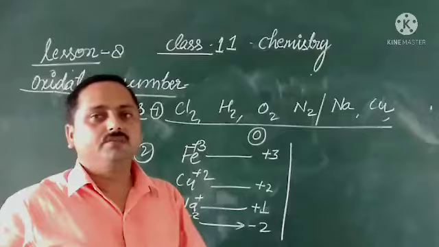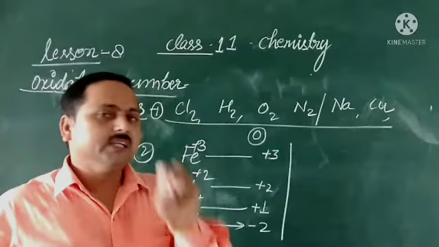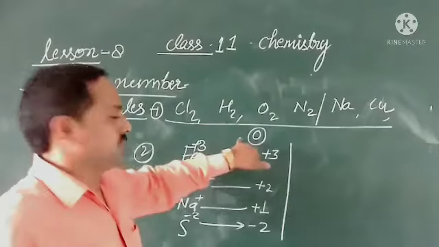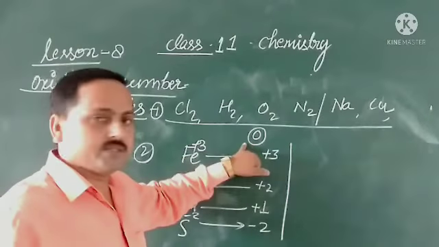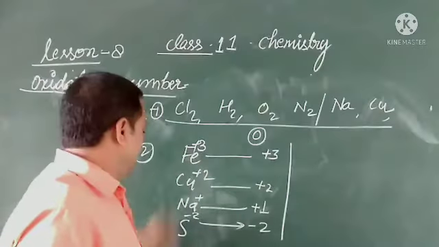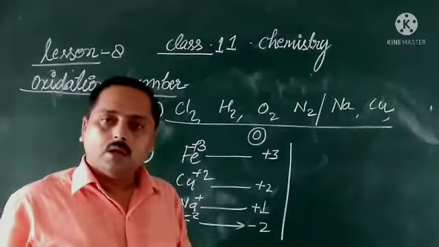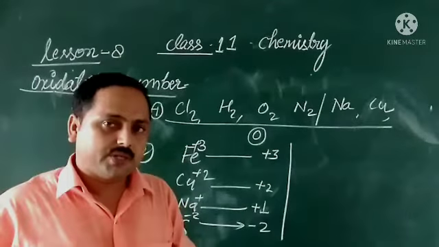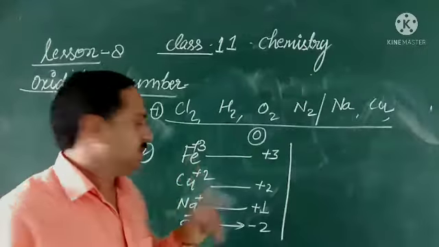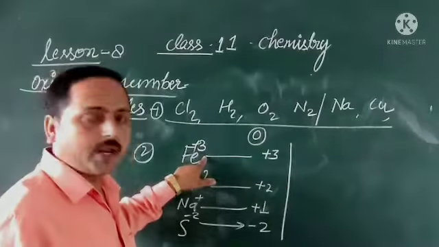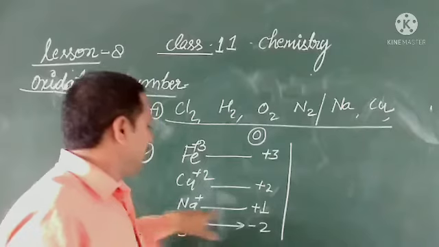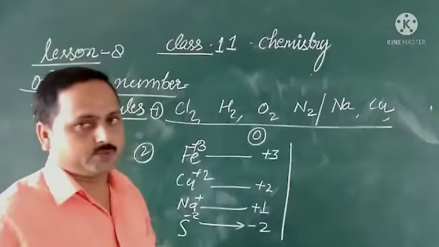Elements or atoms in the free state are in the zero oxidation state. Here, like this, the oxidation state is zero. Understand this? This way, ions possess positive or negative charges equal to their oxidation state. How much charge does it possess? 3, so the oxidation state is 3. Here 2, there +1, and here -2. Okay.